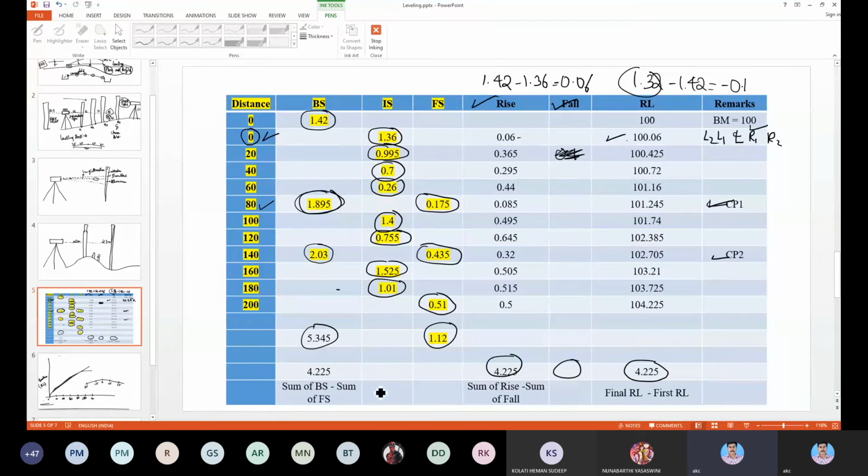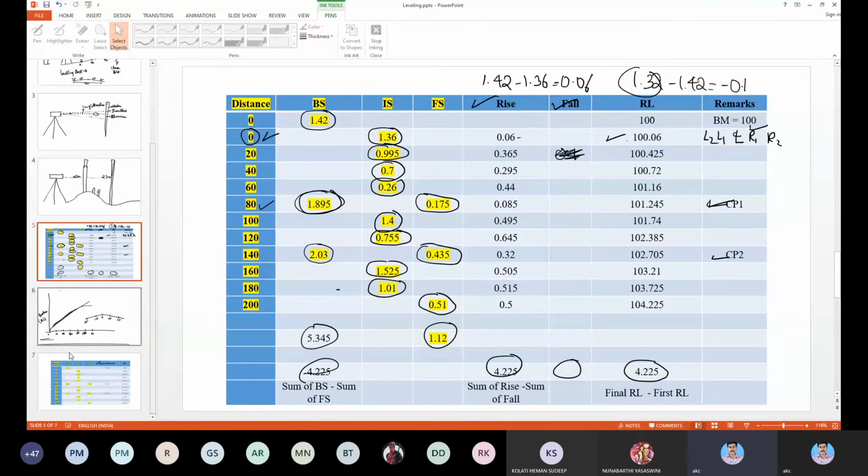The difference must be the same. That means sum of BS minus sum of FS should be equal to sum of rise minus sum of fall, and equal to final RL minus first RL. So this is a small check to see whether the calculation you have made is correct or not.